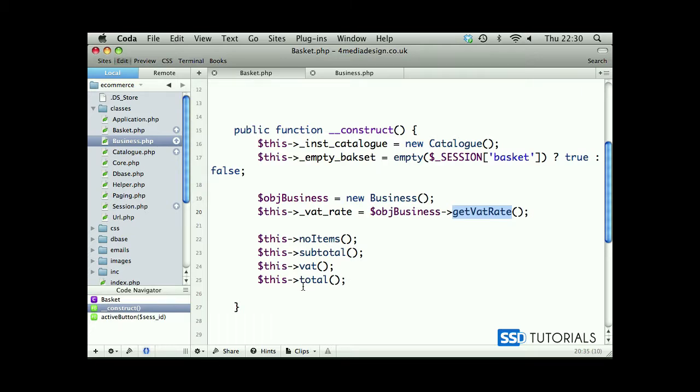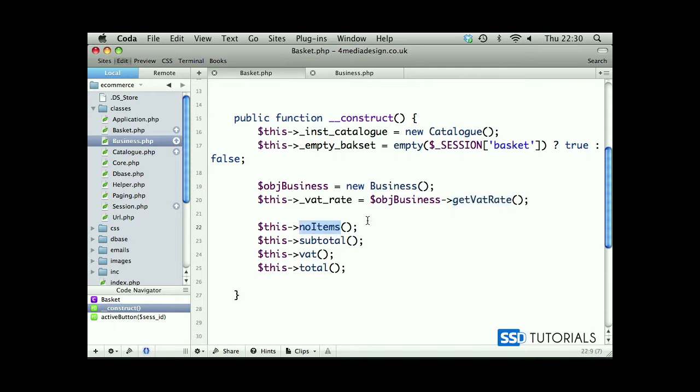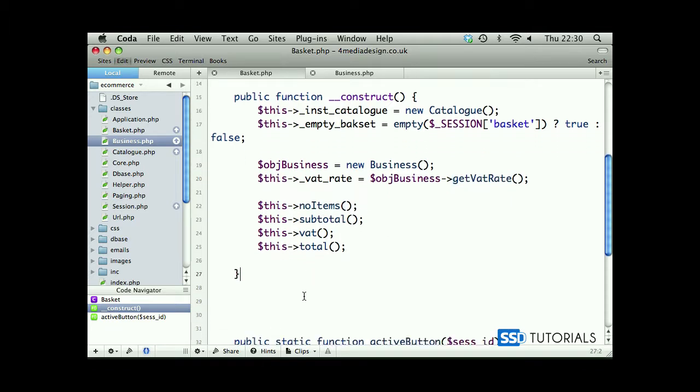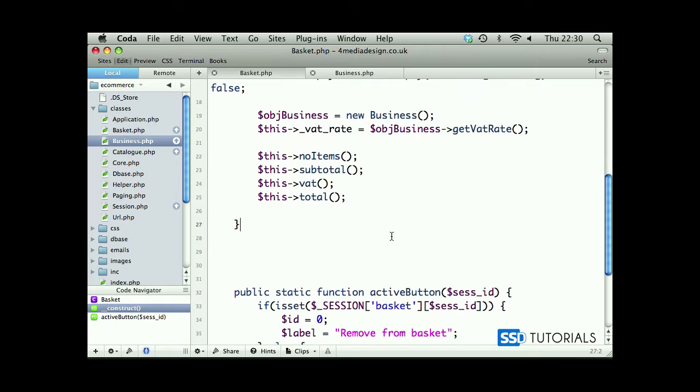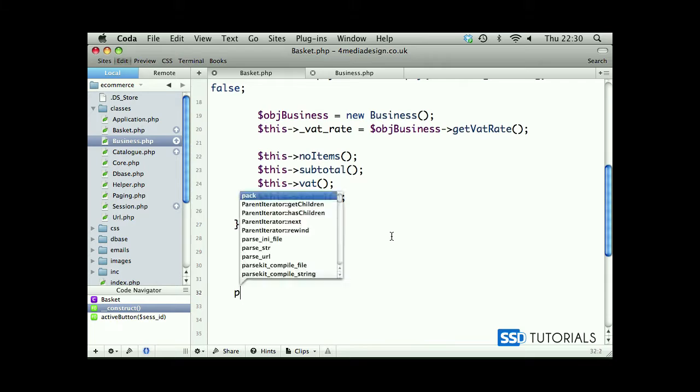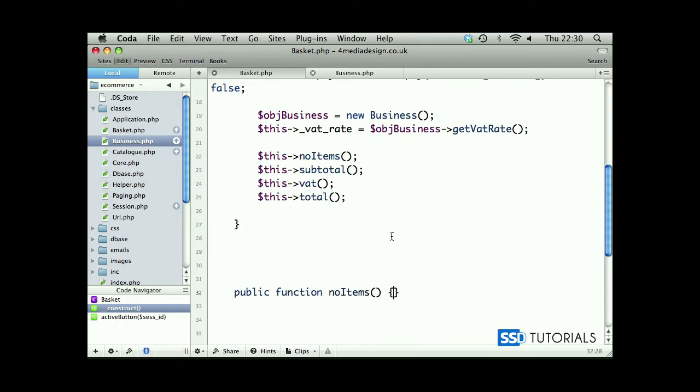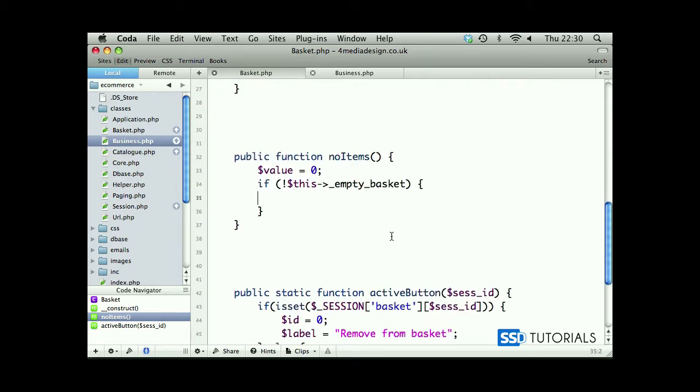Now if we go back to our basket, we obviously have all 4 of those methods here, which we call in a constructor. Okay, so after our constructor, we create another public function called numberOfItems. First of all, we create a variable called value equals 0. We assign the 0 to it, and we check if this empty basket, basically if basket isn't empty, obviously we've got this exclamation mark here, so if it isn't empty, then